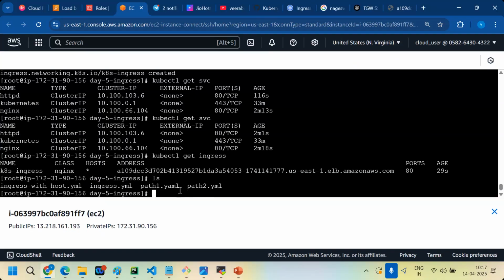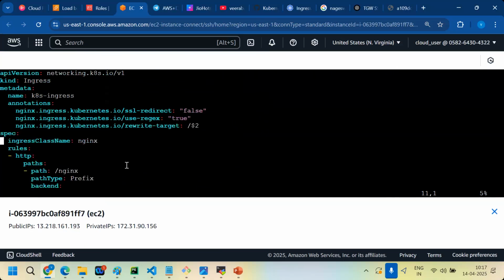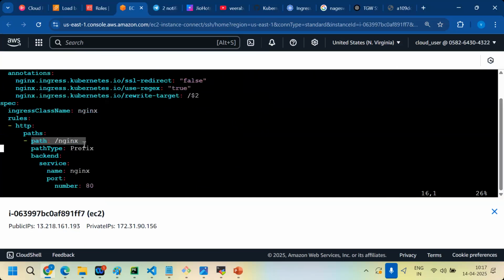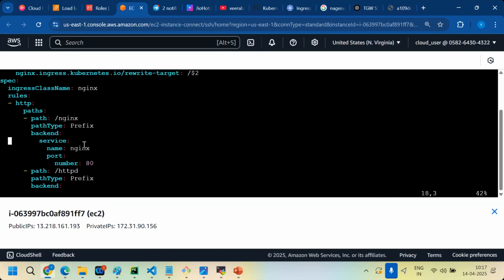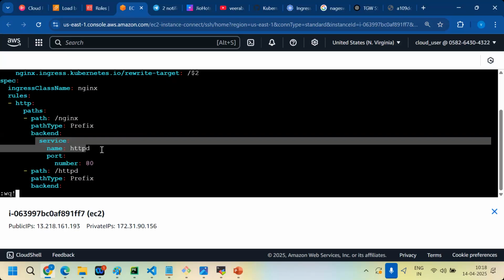No need to change anything here. Only changes are required in ingress.yml. For example, if my path is Nginx, my service should redirect into the ingress; ingress only created the load balancer. If I give it like this, what will happen? If I access the Nginx path, it will call the HTTPD service. The HTTP service is linked to the HTTP pod. Okay, let's try now. But before that, this service name should be there, right? Where? In the pod.